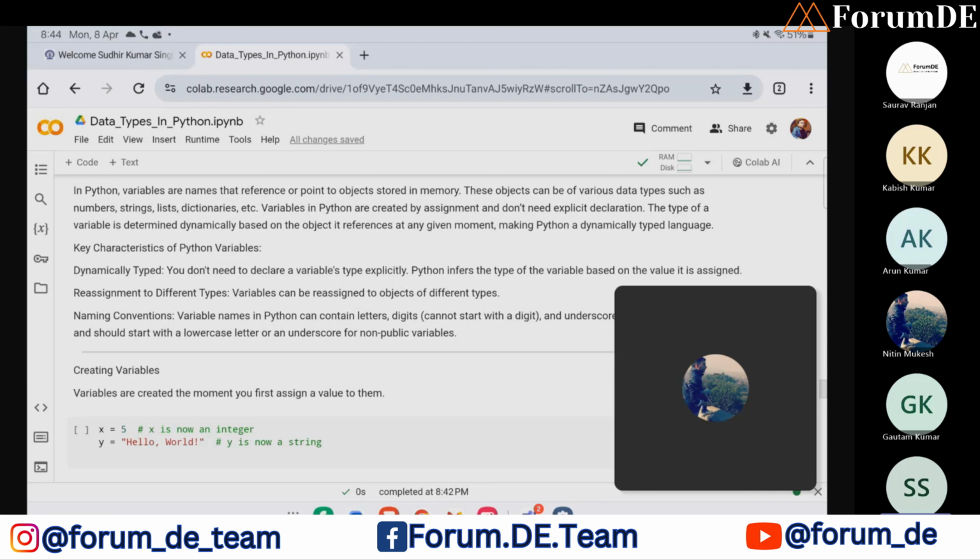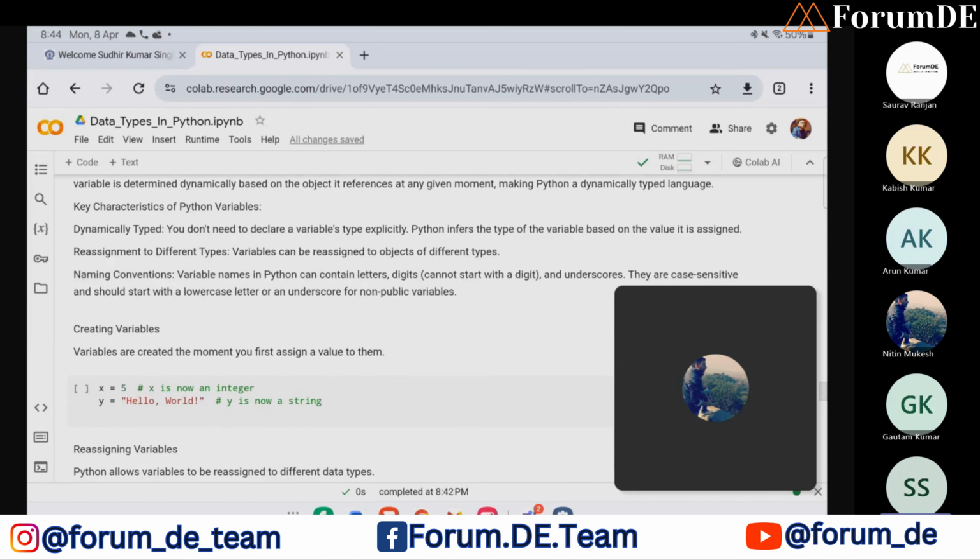We can directly use the variable by assigning some values. The type of variable is determined dynamically. So the type of values which you give, Python will automatically decide. Here you can see an example, X is equal to 5, so now X will be an integer. And if you write Y is equal to hello world, Python will automatically know that Y is a string type of variable.